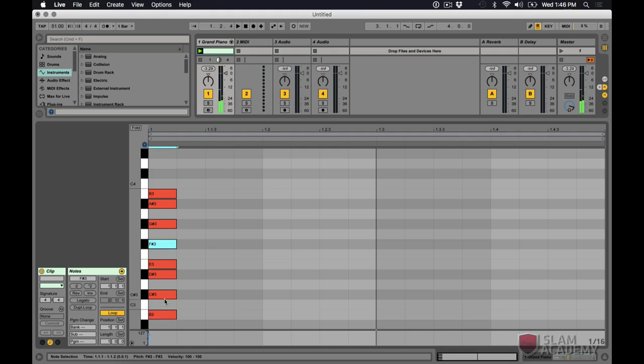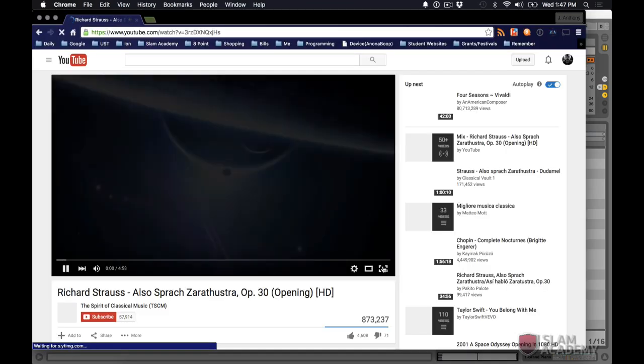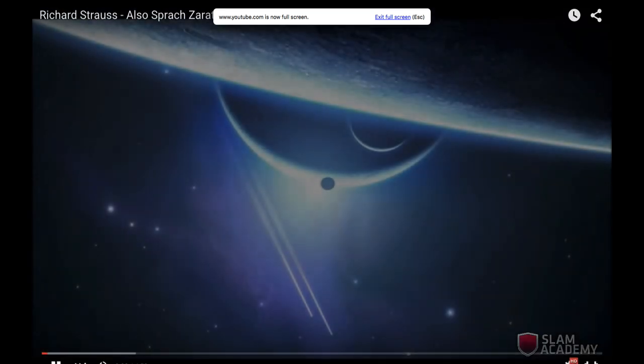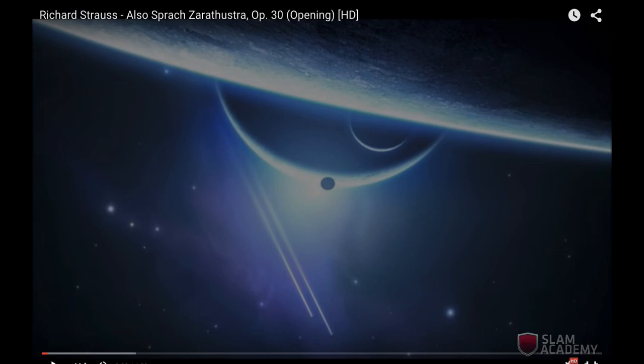So this is a gesture. A way to end a piece is to go 5, 1, which people who write music have been doing for literally centuries. This is Strauss' Also sprach Zarathustra. This is a classical piece, but you've heard the opening of this piece in many things. You've heard it in a lot of different movies. I think Elvis used to walk out on stage to this. You've heard this before, so let's just listen really quick.